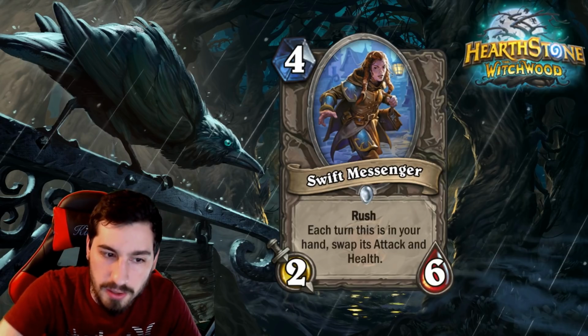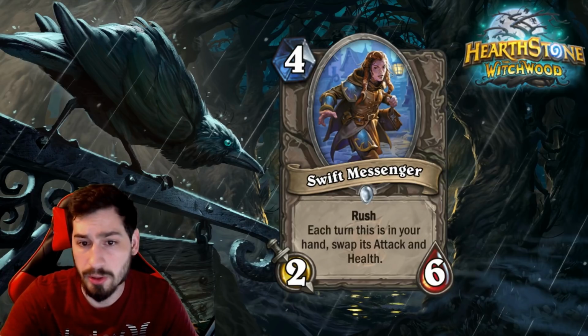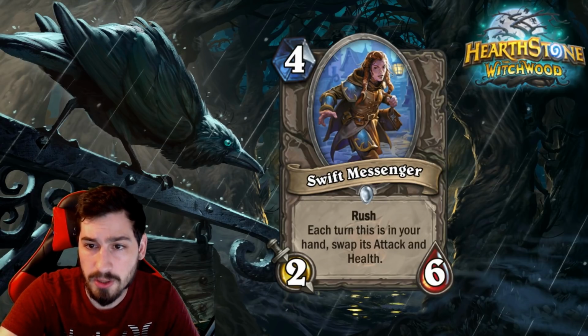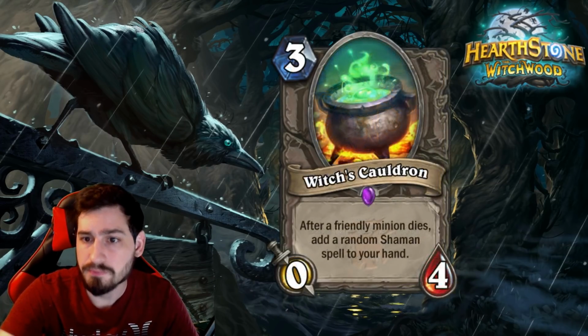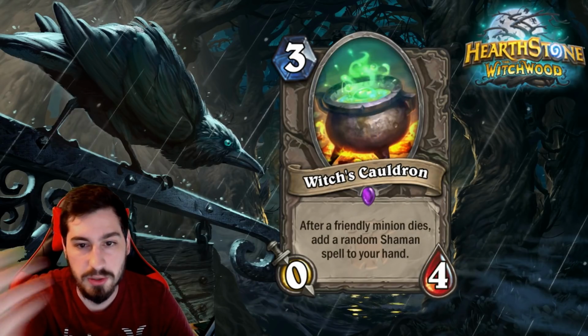I just don't see where these cards are absolutely that good. Some of the Rush cards are pretty good, like the Warrior one, for example, is very good. But cards like this, I just don't see it. Witch's Cauldron, this is, again, one of the cards that I was talking about that synergizes well with the Bog